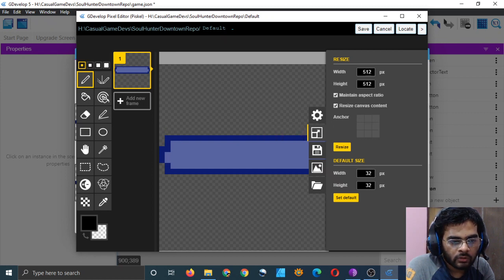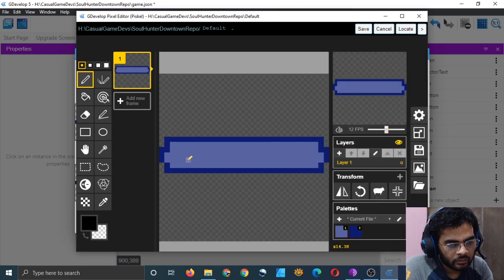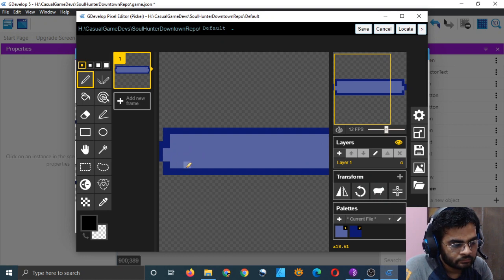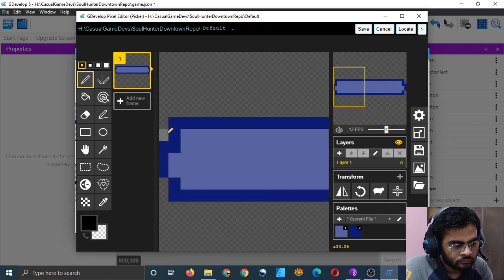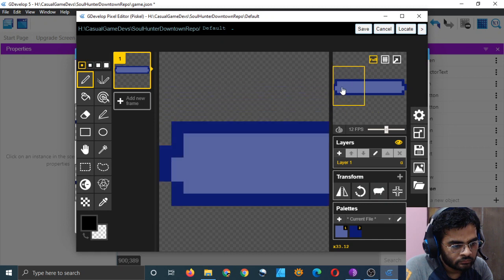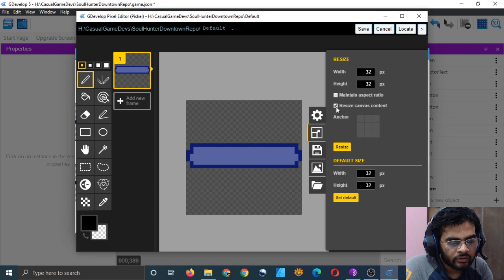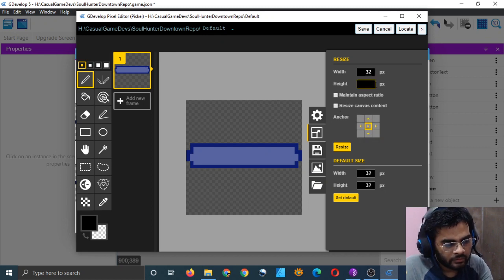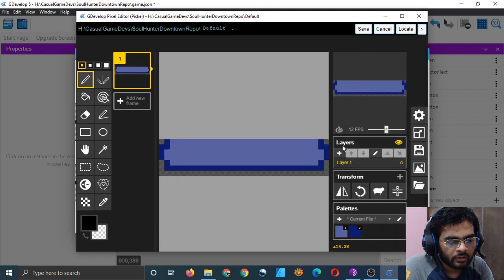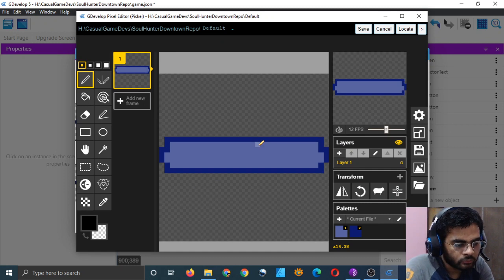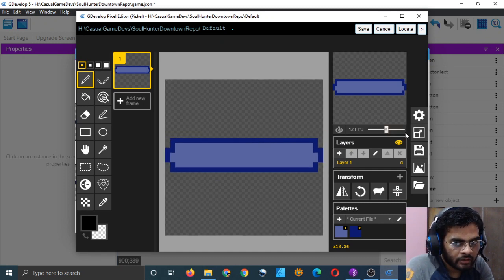So to count them, just resize it to 32 by 32. One, two, three, four, five, six, seven. 7 pixels height. Go here and uncheck all these. Type 7 height and let's see if it works. Resize. Oh, it got cut. Undo.